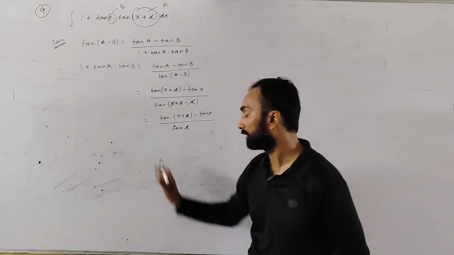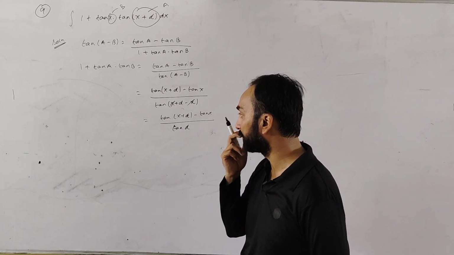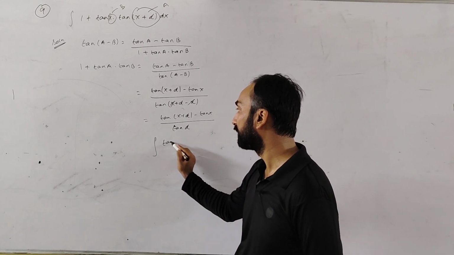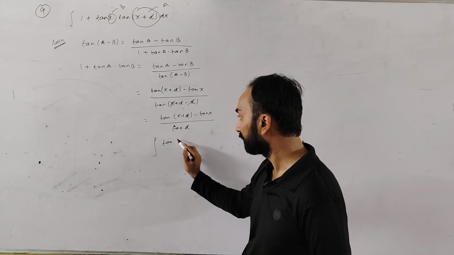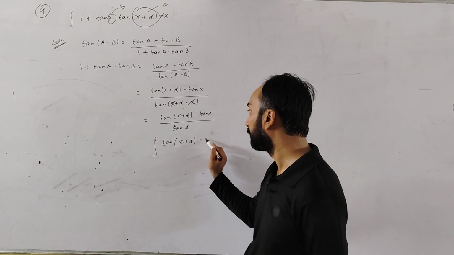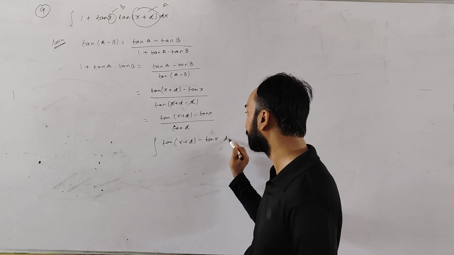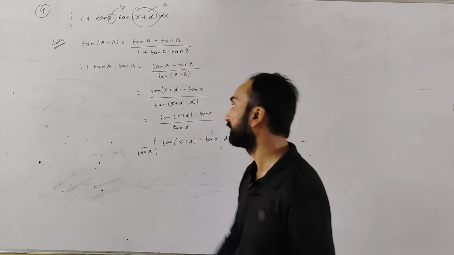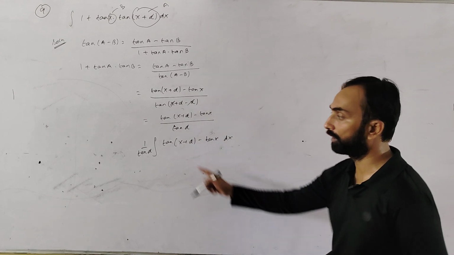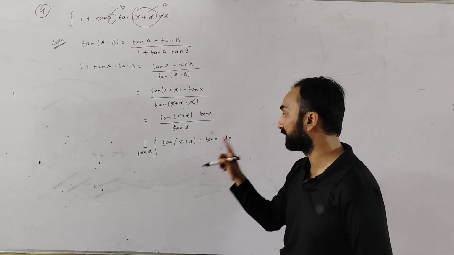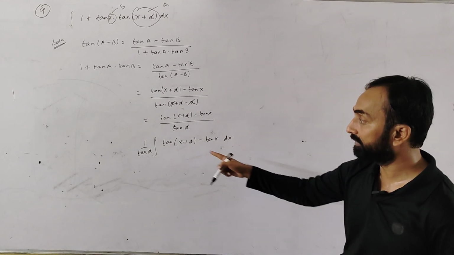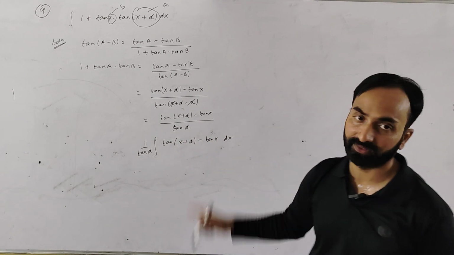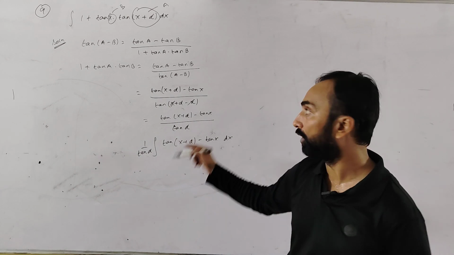So this part I can take out, because this will not participate in the integration process. So I will do the integration of tan (x plus alpha) minus tan x dx, and this is 1 upon tan alpha. Correct? So now we have the integral of tan (x plus alpha) minus tan x. This can be written as log of secant (x plus alpha), and this part can be written as log of